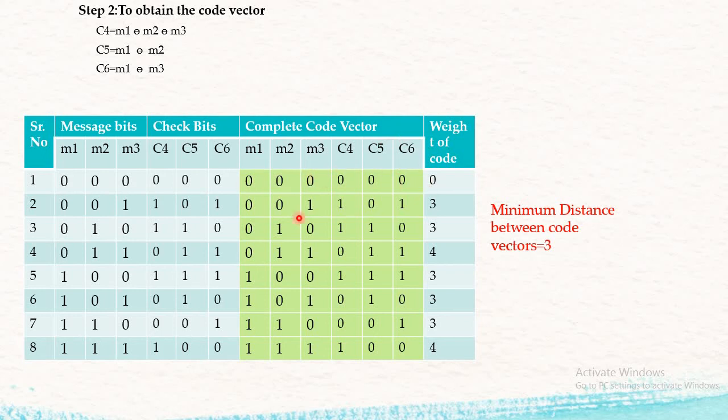Once these values are with us, we go for finding the weight of a code word. The weight of a code word is nothing but the number of non-zero elements present in that particular code vector. So here 1 1 1 means the weight comes out to be 3, and similarly we repeat for all the rest of the code vectors. Once this part is done, we go for finding the minimum distance between the code vectors, that's the minimum weight. So the minimum weight in this case is also 3.